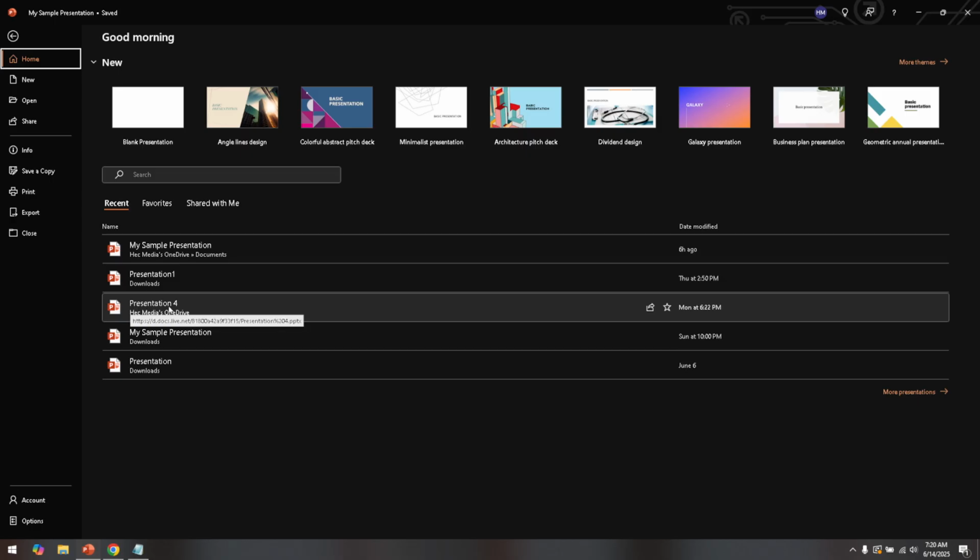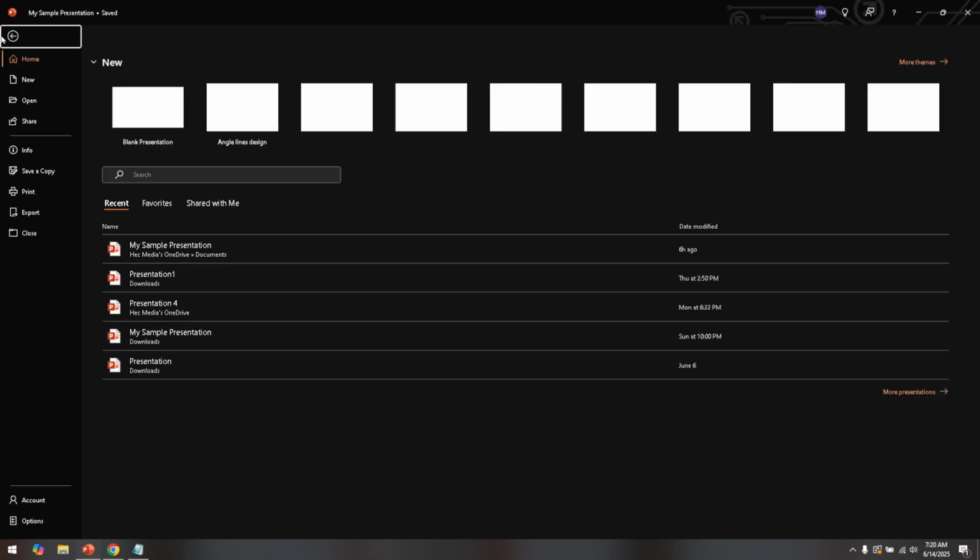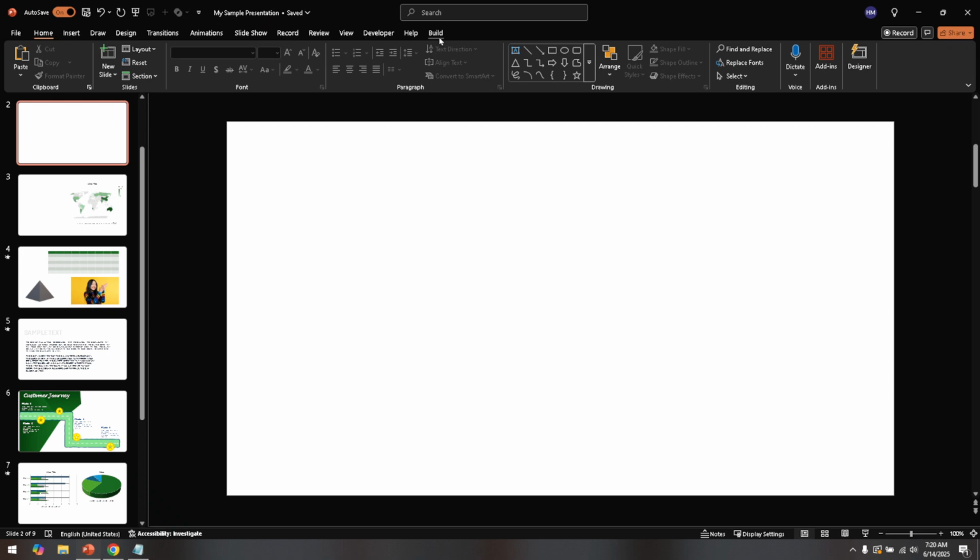Now, with your presentation open in PowerPoint, direct your attention to the top right corner of the screen. You'll see an option labeled Record. Go ahead and click on that. By selecting Record, you're not only preparing to harness the teleprompter feature, but also setting yourself up to track your practice sessions. Recording can help you review your presentation later to see where you might need to adjust timing or